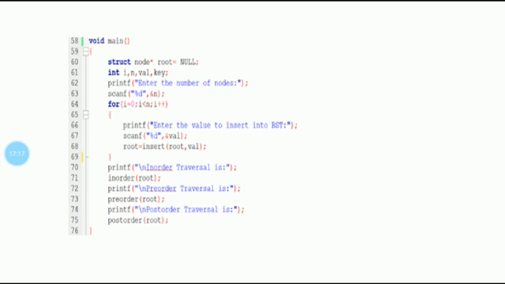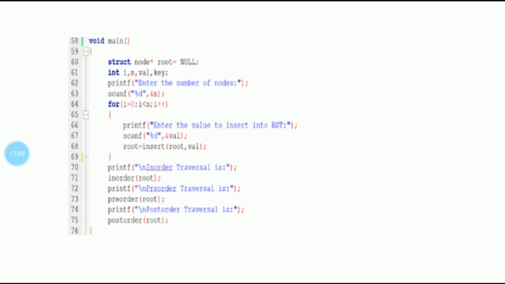A user-defined function for each and every one of them. The code fragments for each and every user-defined function are already explained in the previous slides.